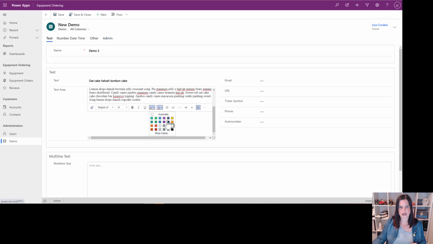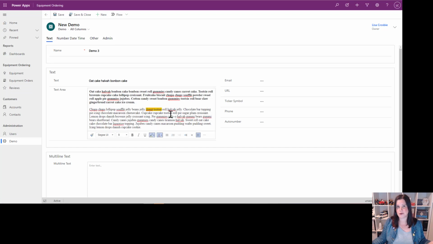So we've got a highlighter in here as well, and so on. So, rich text editor format. Now, before I go any further, I'm going to save this and watch what happens to this one here, this